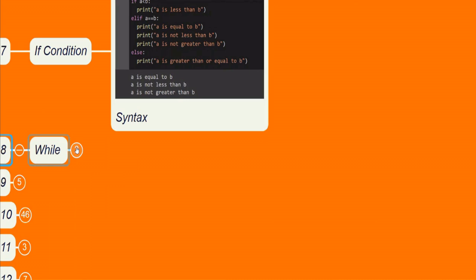Then we are having while. Okay. So first we have seen conditional statements, if and all. Now we are going to see the looping statement. So what is the difference between a conditional statement and a looping statement? In a conditional statement, it will check for a